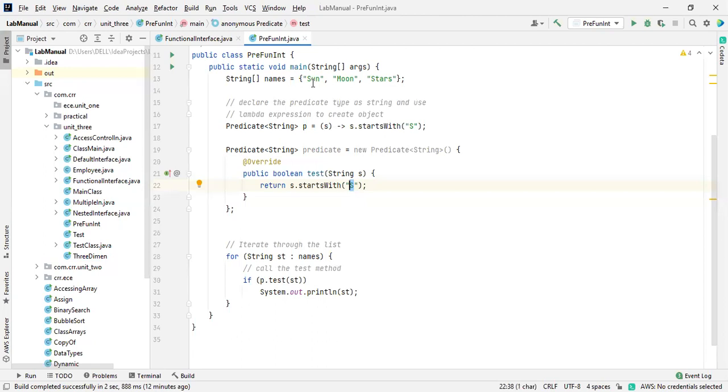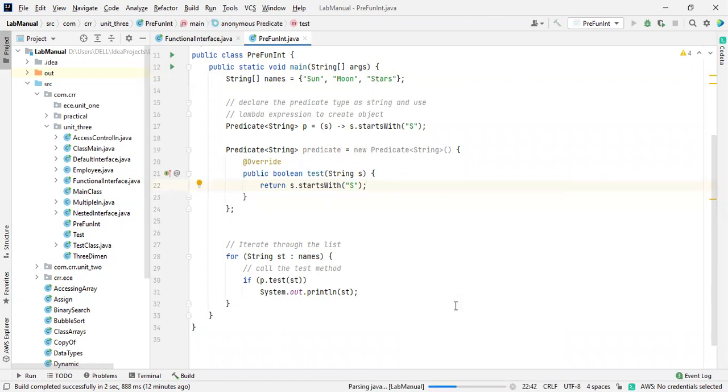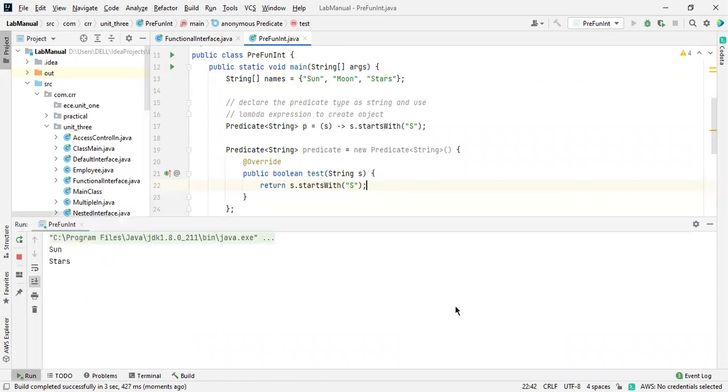It will be printed and then it goes to the next iteration. Next is moon, so it doesn't start with s. And for stars, yes, the starting value is s. Let me run this program. See, the array values starting with s are printed.